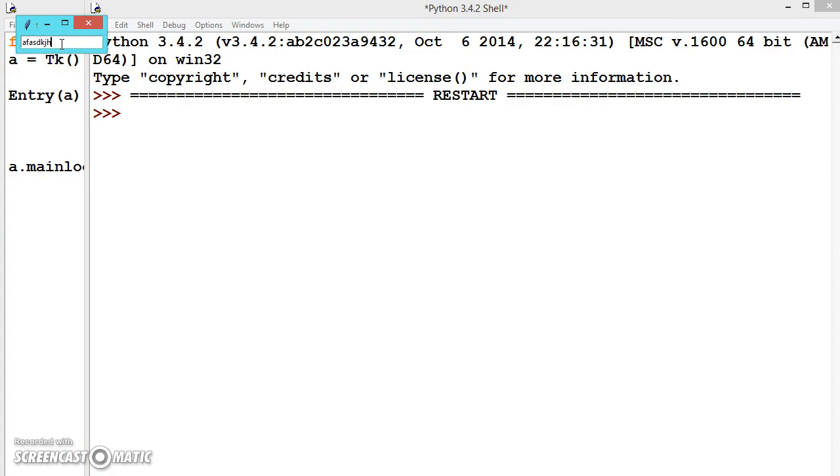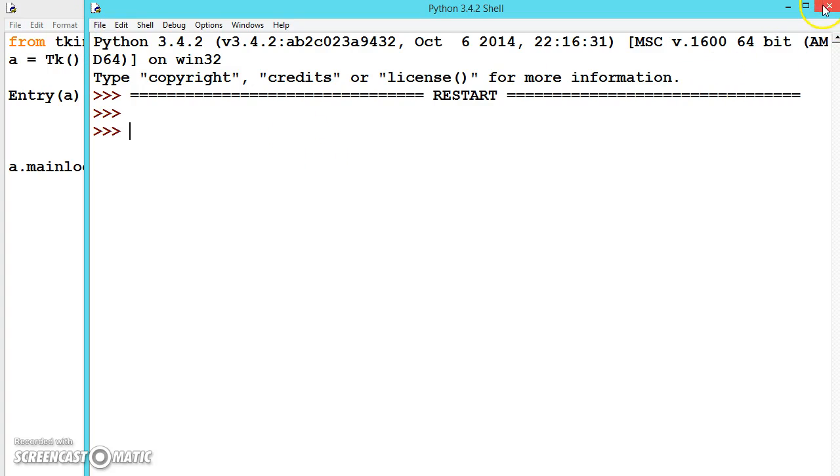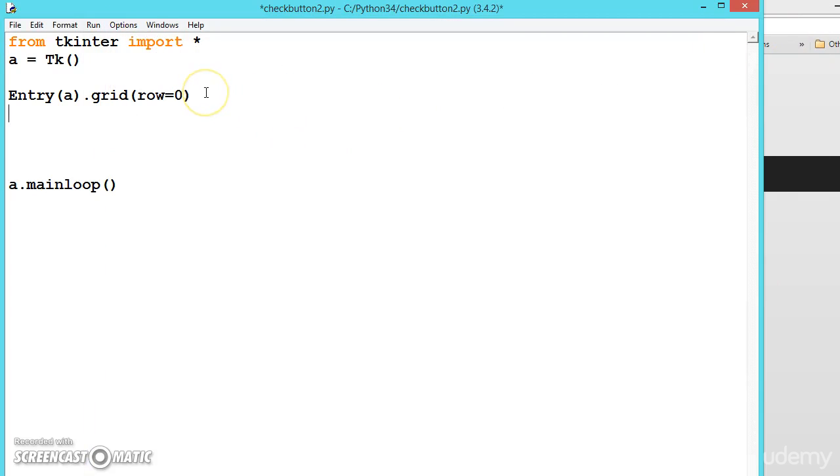We know how to store these values inside the variable. That we will be seeing later. Now let us create one more entry. Now we are using only one. Whether you pass the object or not doesn't matter.